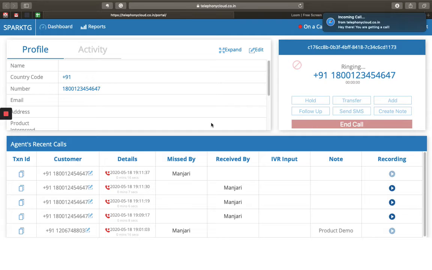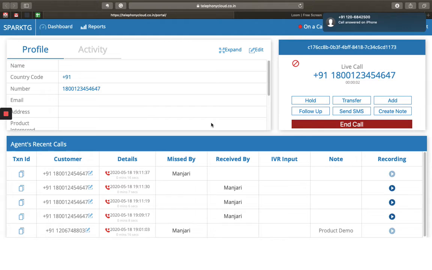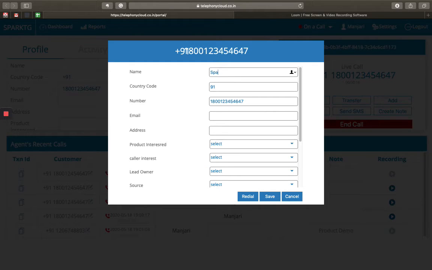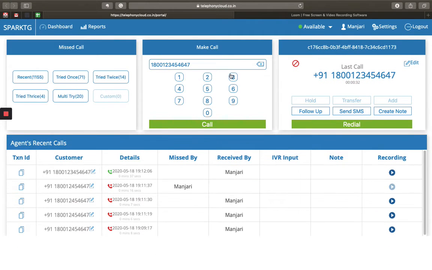So now we'll see the call getting matured. So now that I, as an agent, have answered the call is being tried to the service. And meanwhile, as I'm talking to the customer, if required, I can update the details of the contract. So I can see what details have been saved against the form in this particular call.